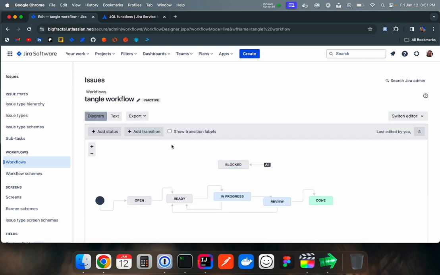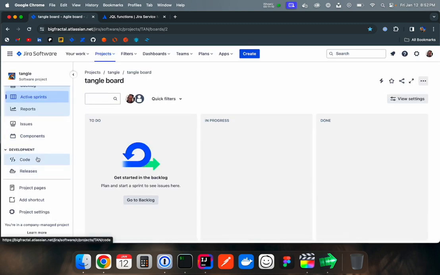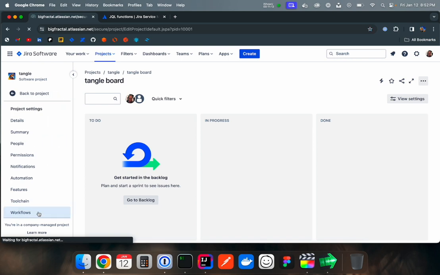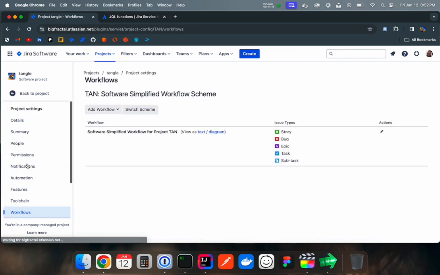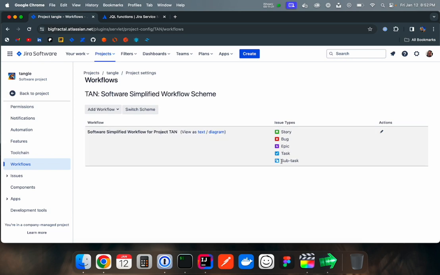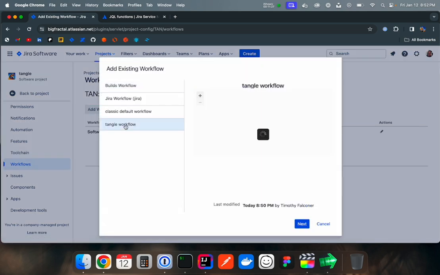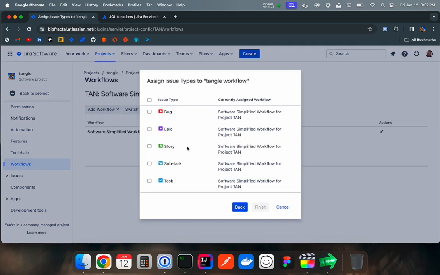Okay, I'm satisfied with this workflow now. I have to put it into our project. So I'm going to go to project settings, and down here it says workflows. And you can see that all of our issue types are assigned to this workflow. So I'm going to add one, add existing, choose Tangle workflow, hit next, and now I'm going to choose all of the ticket types and click finish,